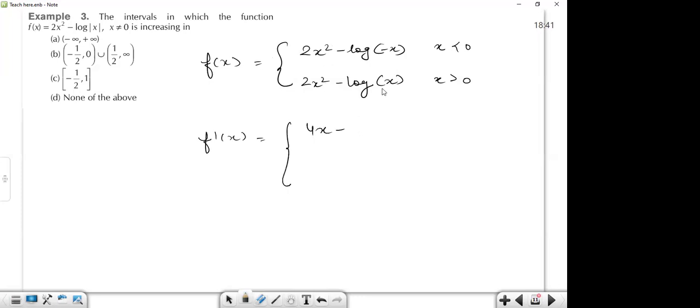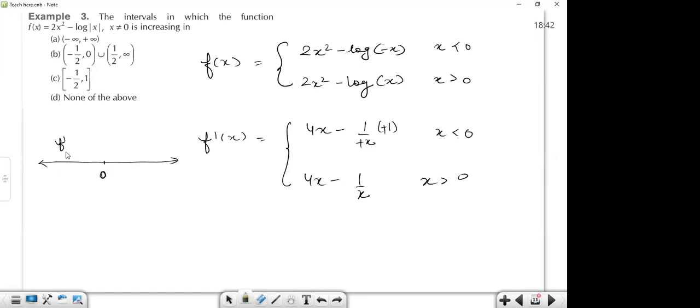For x minus logarithm of 1 minus x, the derivative of minus x is minus 1 here. For x less than 0, here 4x minus 1 by x, and for x greater than 0, so this cancels this, and basically the derivative is coming out the same. So for x equals to 0, and f dash of x is